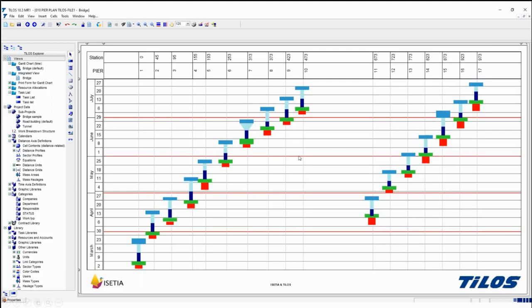That's the power of Pylos. You can have it here: the bridge Pier 1, and this is the location, Pier 2 and Pier 3, and I have 17 piers, and these numbers represent the location. So 0 meters, 45 meters, 95 meters, and 155 meters, and 973 is the ROW for the chainage. We call them stations or locations, and these are the location dimension.